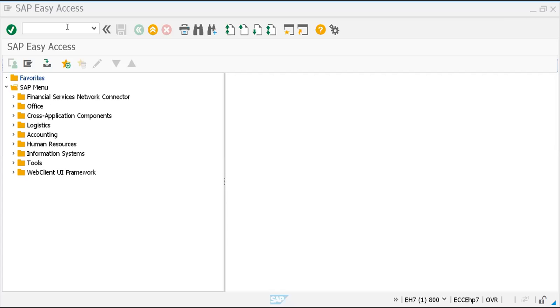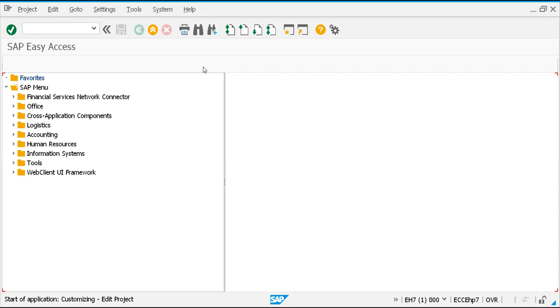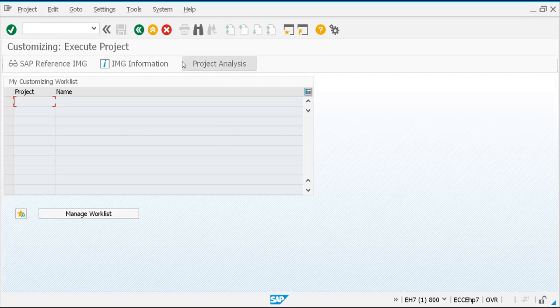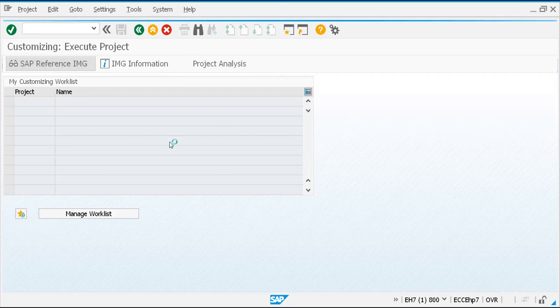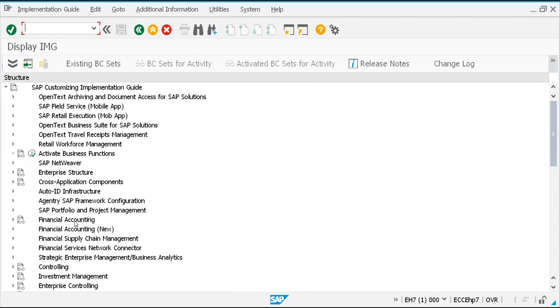I'm typing SPRO, because we have to go for the module pool program. SAP reference IMG, and I'm going to